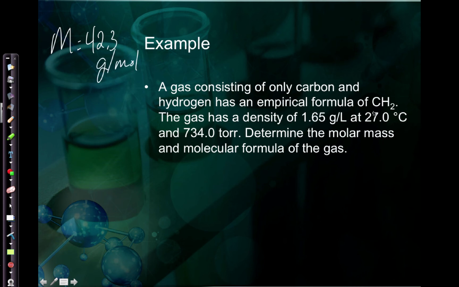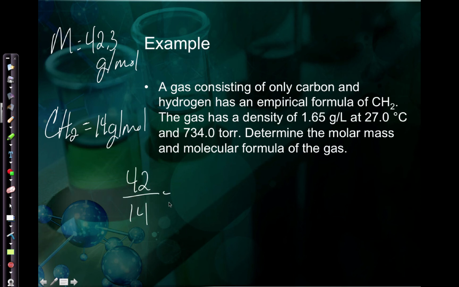Okay, so I know the empirical formula. So I know that this is the mass of the molecular compound. So I need to know how many times greater this compound is versus the empirical formula. So when I take this and get the molar mass here, it's 12 plus 2 for the hydrogens. I'm going to get 14 grams per mole. So I need to know how many times greater this is versus this. So 42 divided by 14